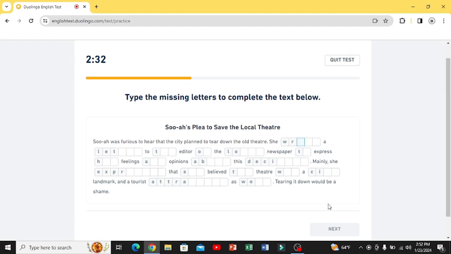She wrote a letter to the editor of the local newspaper to express her feelings and opinions about this decision. Mainly, she expressed that she believed